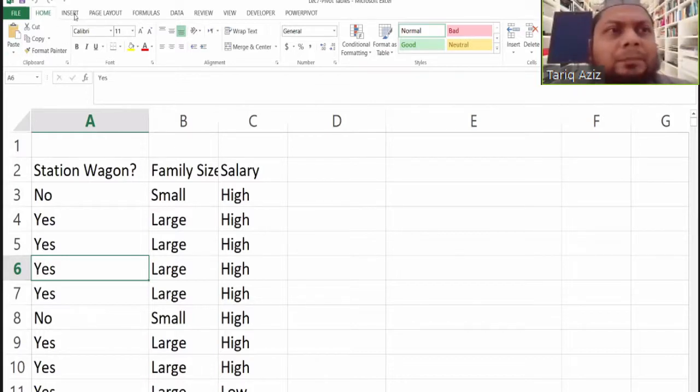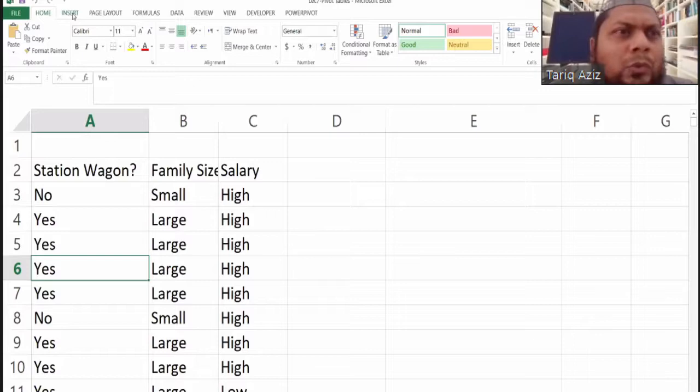There is a home tab here on the upper right hand side, and just adjacent to the home tab there is another tab, that is insert. Are you able to look at the insert tab? Is it visible? Yes, sir. Okay, Junaid.